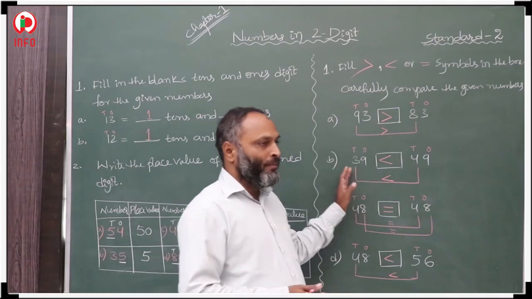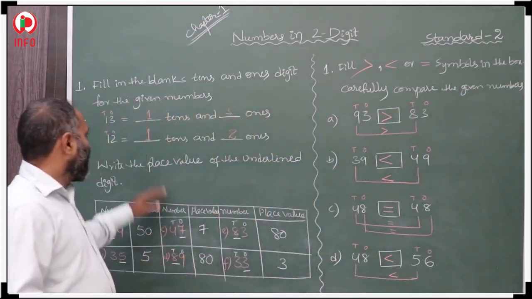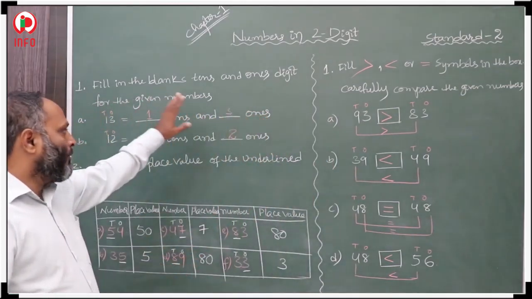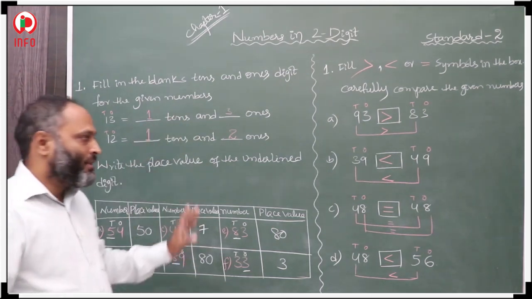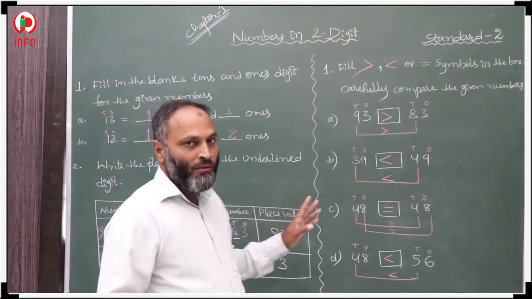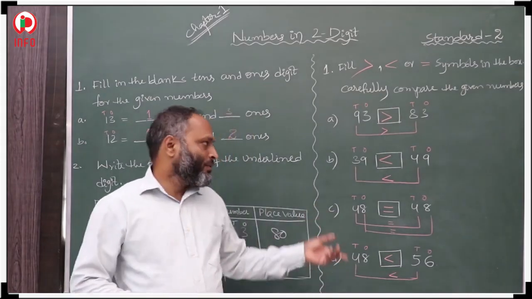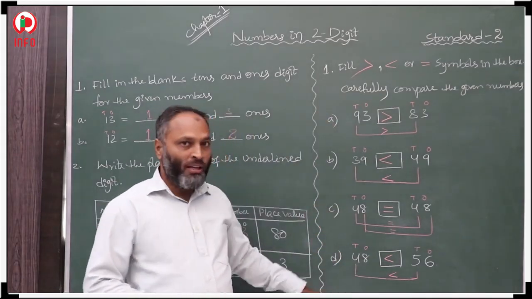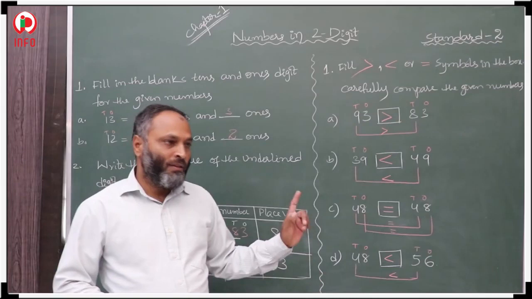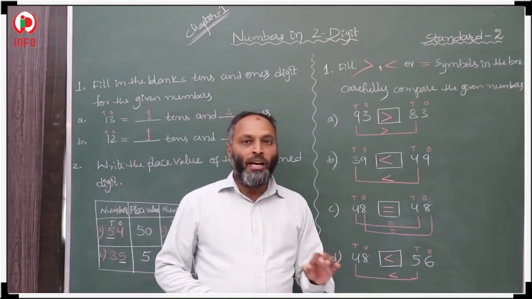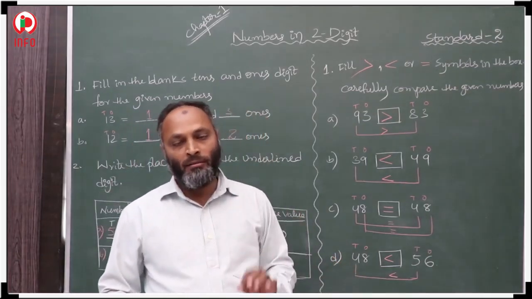This is comparison. This is the place value. Here we have to write how many tens and how many ones in this form. So now all these things you have to remember. Remaining two sums were there in the first question. In the review exercise also one bit is there. You have to do it as a home assignment.